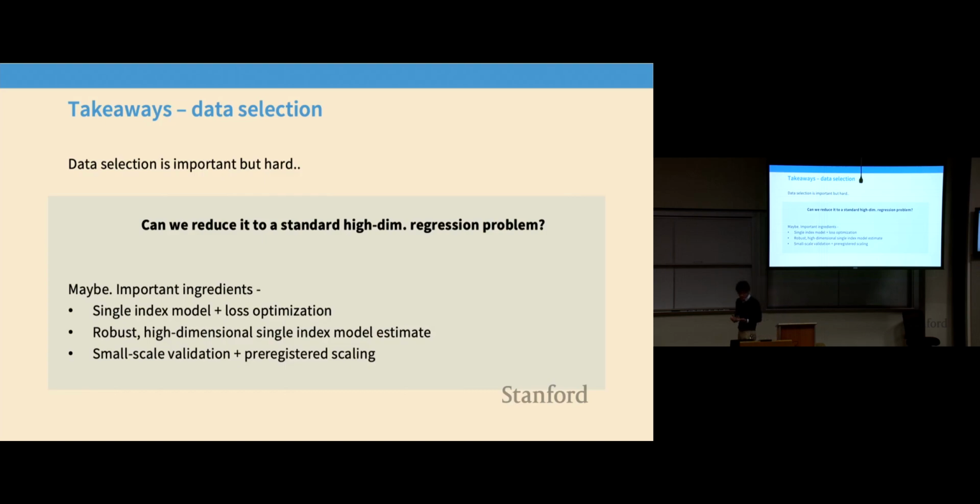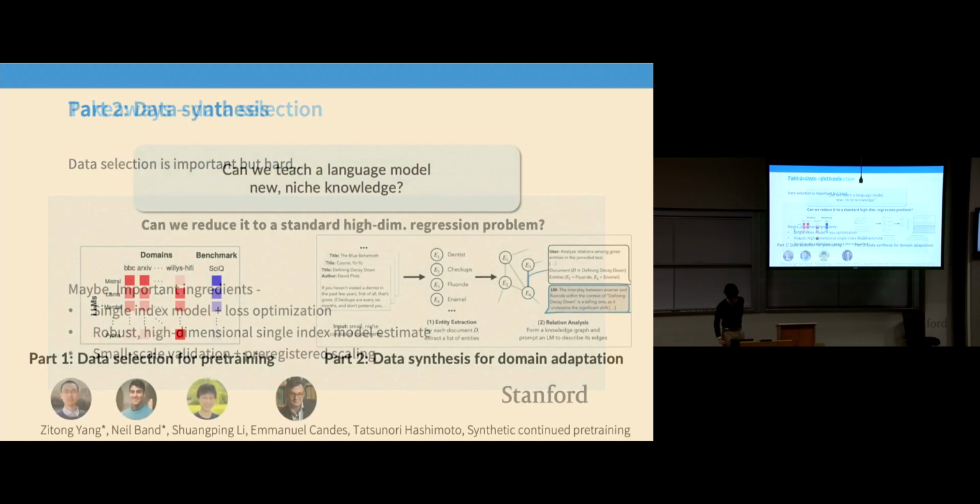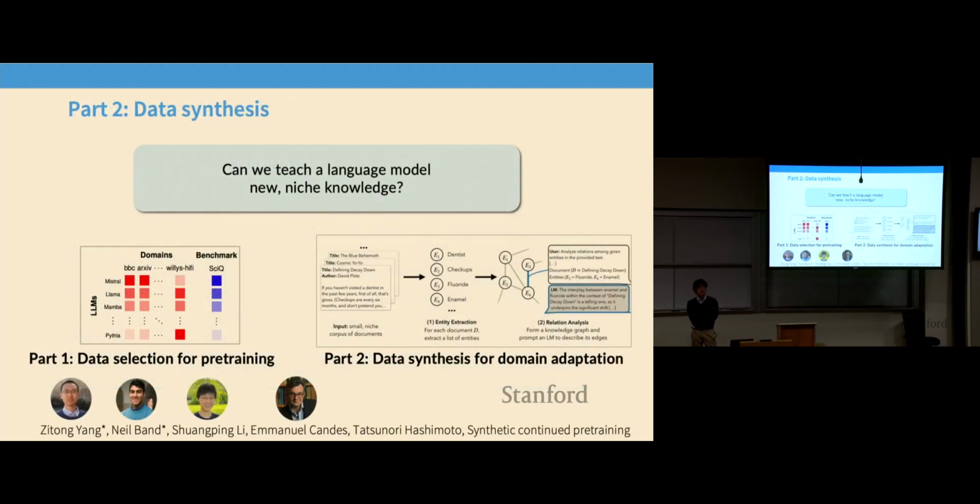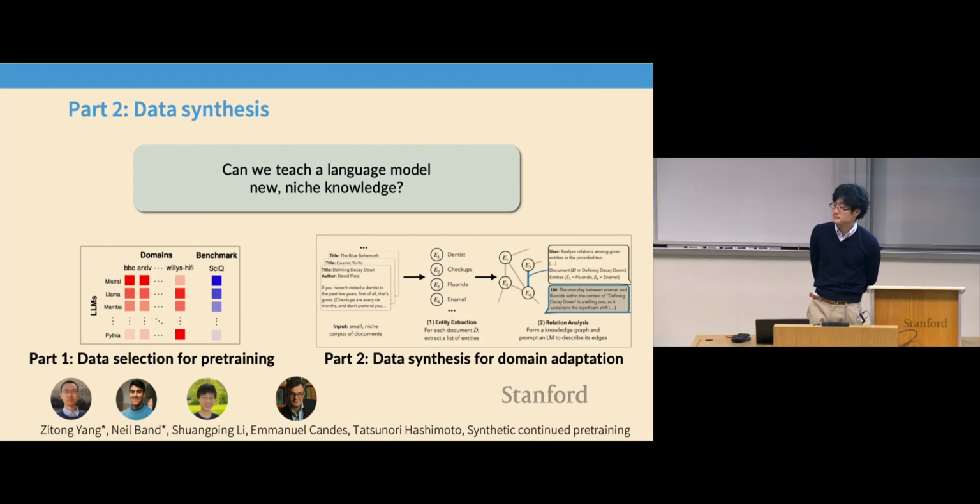And what we've done is try to reduce it to a much, much simpler problem, which is fitting regressions on publicly available models. I think there are lots of ingredients here if you're interested in pre-training research or approaches. The interesting idea is that we fit regressions to losses, using small-scale validation and pre-registered scaling studies. If there are any questions, I'm happy to stop, because I'm going to talk about something pretty totally different in a moment.